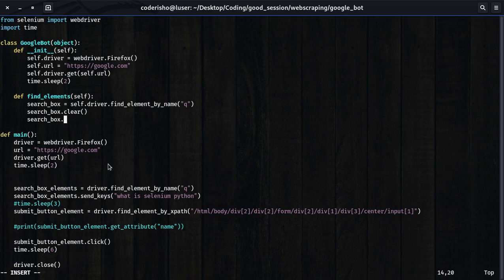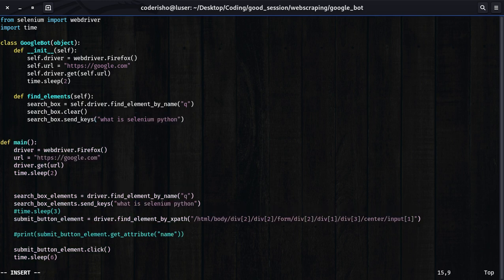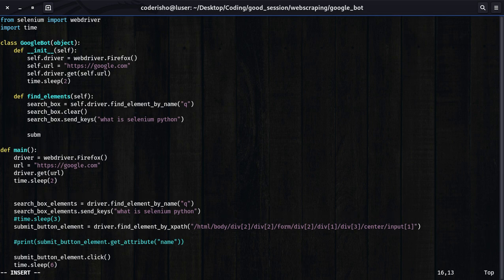So let's give it the search box, and I'm gonna send some keys. What is Selenium? Okay, that's our keyword here, or keywords rather. So let's do a submit button. Let's search for it. So this submit button should be,